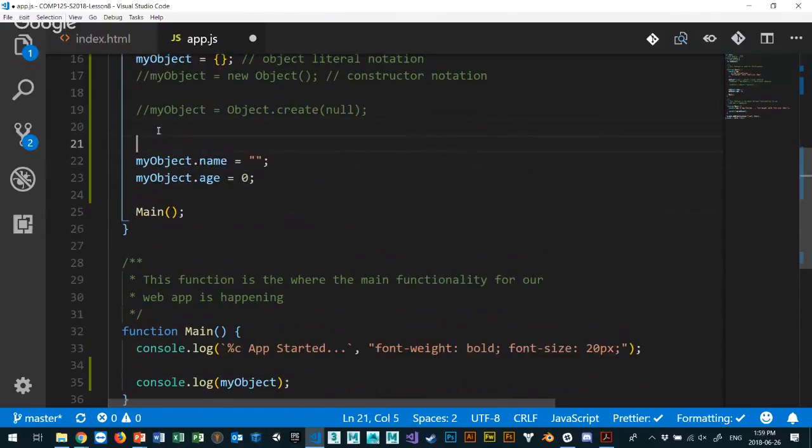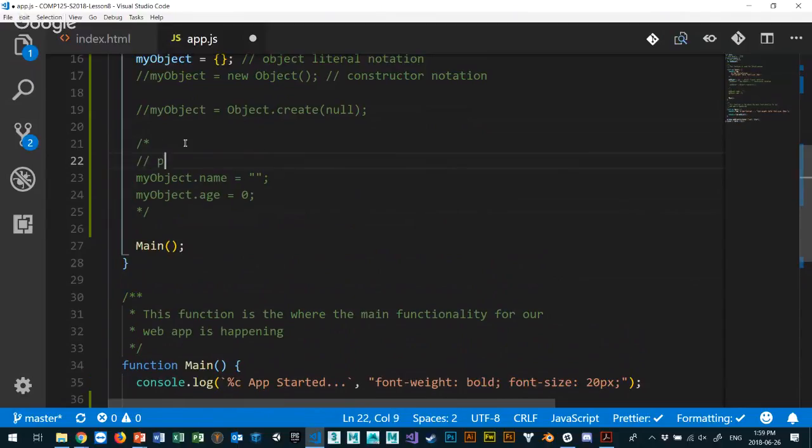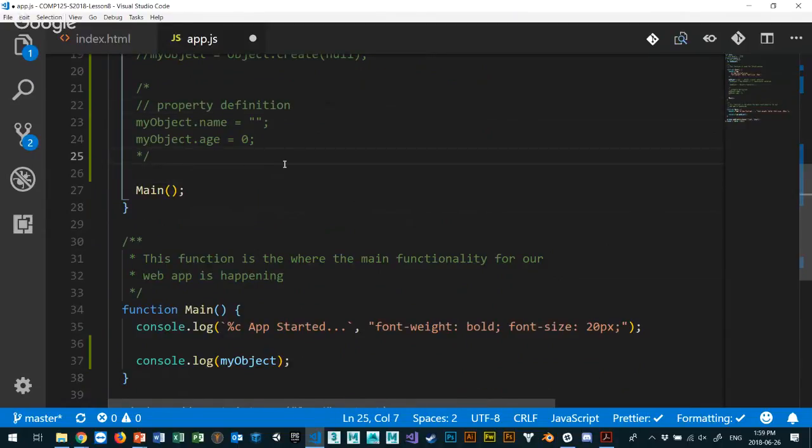I'm just going to comment this out, right? Because this is kind of property definition. Here's property definition. Actually, I won't put anything in there because I may uncomment this in a second. But this is one way of doing property definition. I'll just put another comment in here. So property definition. Right? The other way to do it is using this